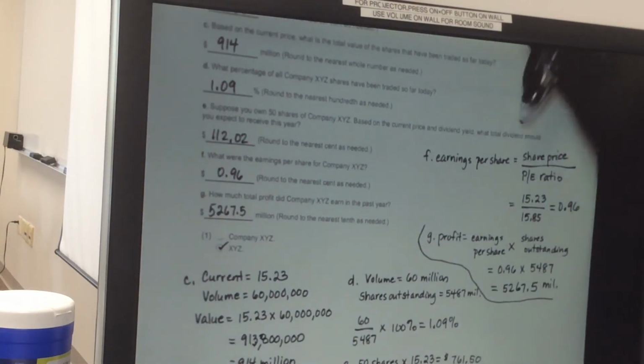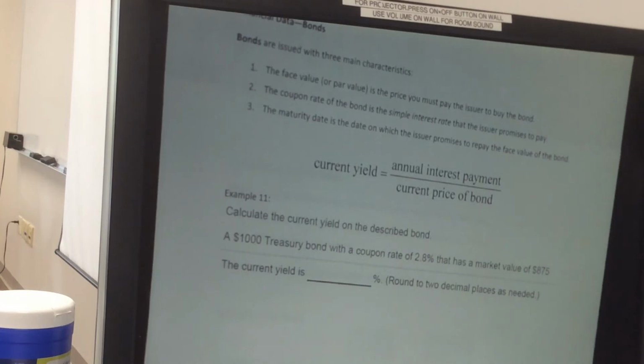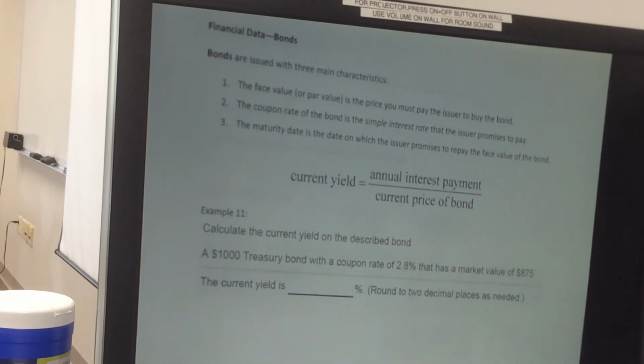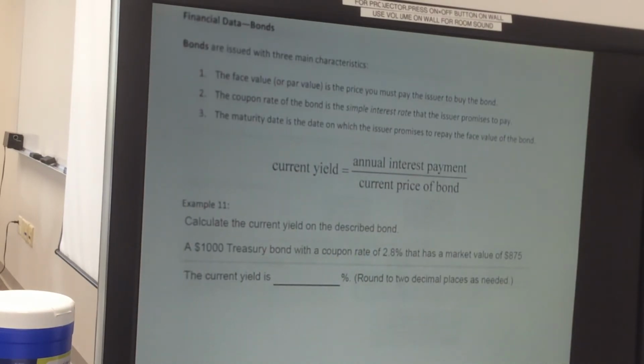All right, next we'll look at financial data, which will be bonds. Bonds are issued with three main characteristics. The face value, or the par value, is the price you must pay the issuer to even buy the bond. Second, the coupon rate of the bond is the simple interest rate that the issuer promises to pay. And number three, the maturity date is the date on which the issuer promises to repay the face value